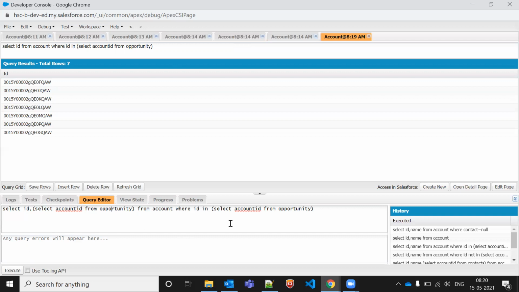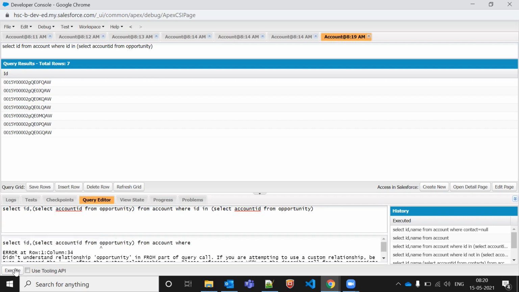So now will it work or not? Look at this query very carefully and tell me if this will work or not. You could select account IDs, comma, and any other fields you want to bring from the opportunities. Will this work or not? It'll work. No, this is not working.